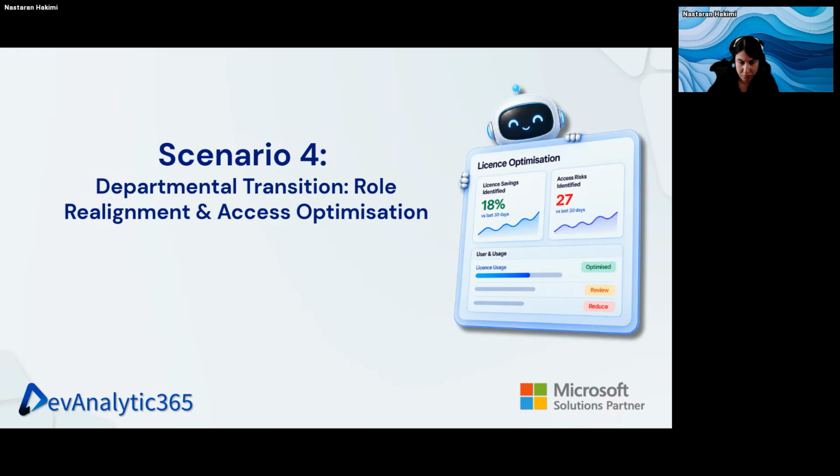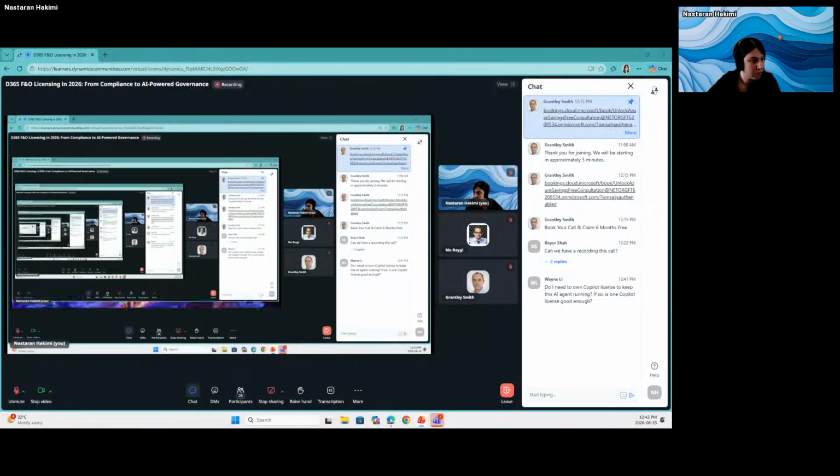Now let's move to our fourth scenario: a user transitioning from one department to another. In this example, Terry Young has